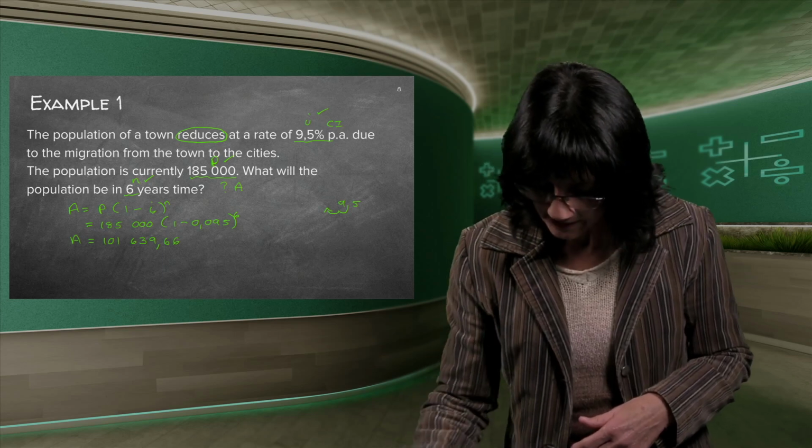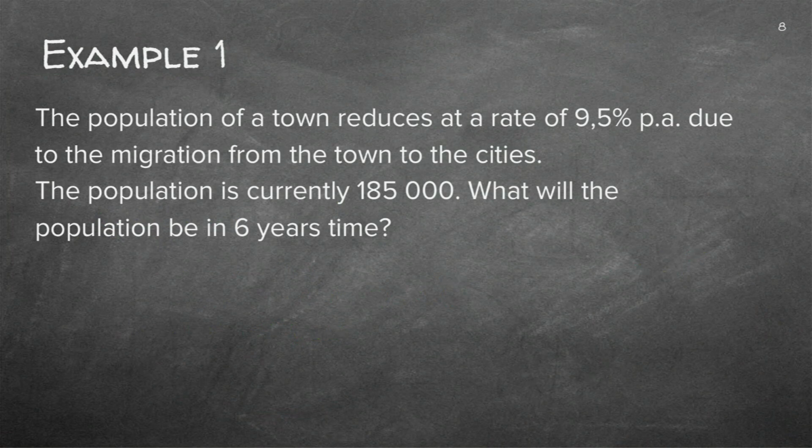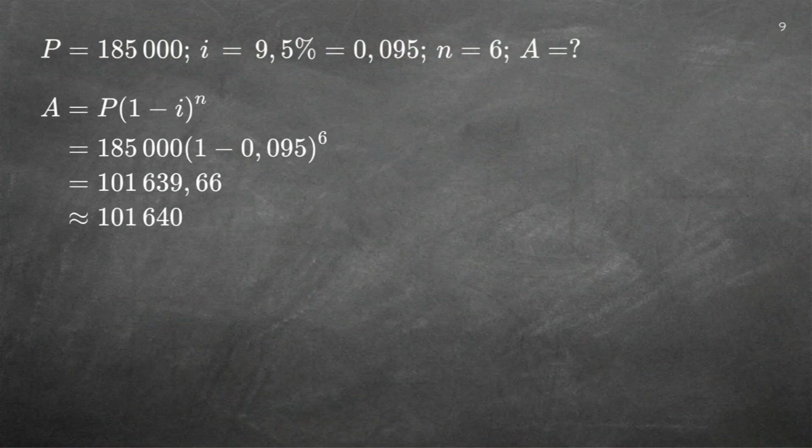Good, but I'm going to rub this out because you have got the answer on the next page. I want you to redo this all on a clean sheet of paper without looking at the answer. There is the proper answer. Can you see this sign here? Let me just get my pen back. We did it previously. That means it's not exactly 101,640, but it's people. I can't leave people as comma 66. So I didn't write my final answer on the previous page.